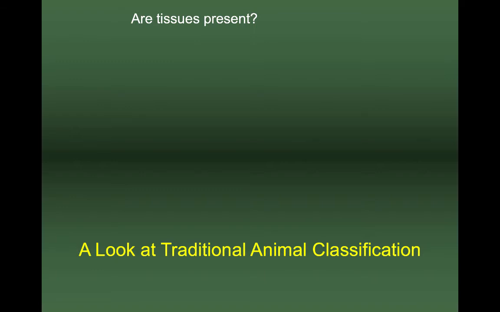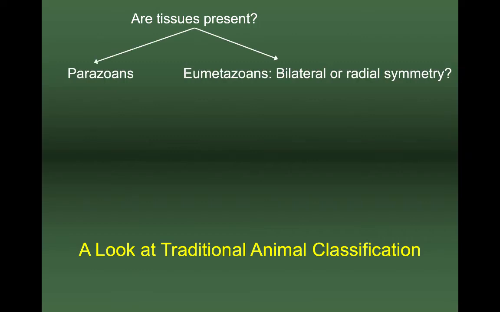So this is kind of what we've looked at so far. This is our summary of what we've seen so far. You open up the box and you find this animal that nobody's ever seen before. The very first thing you would look at is whether or not there are tissues. And if there are no tissues, your job is done. You know it's a sponge. It's a parazoan. If there are tissues, then you take a look at whether the animal has bilateral or radial